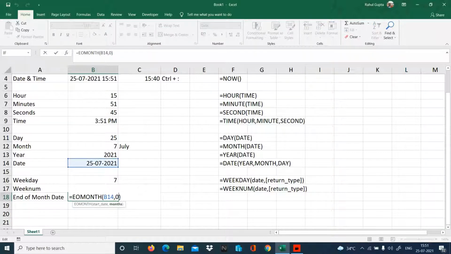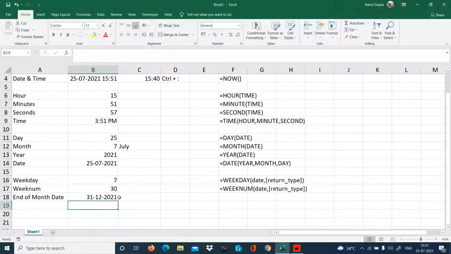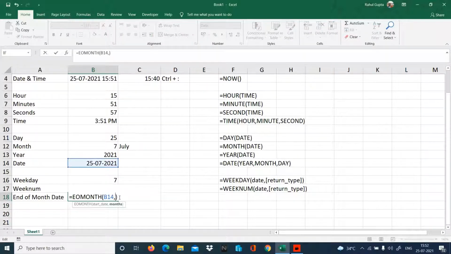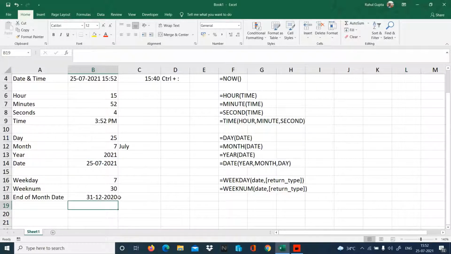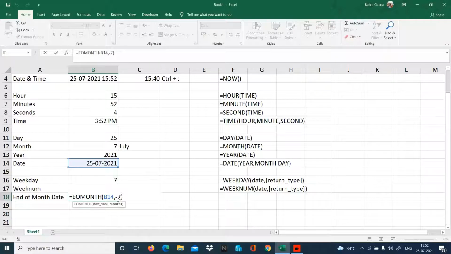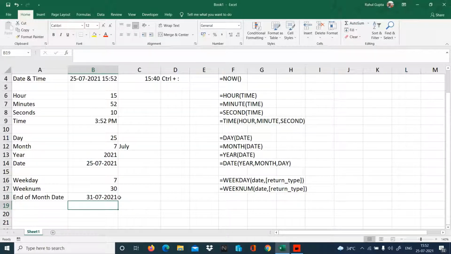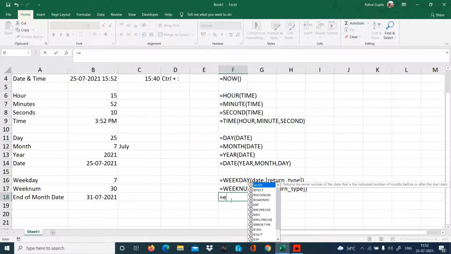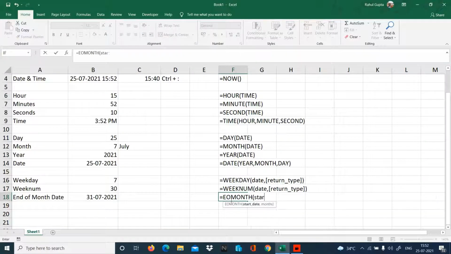If I type 5 over here, it's going to give me the date after 5 months, so it will be 31st of December 2021. If I say -7, it was 31st of December 2020. For the time being, I'm just typing 0 over here. The function is equal to EOMONTH, start date, comma, months.